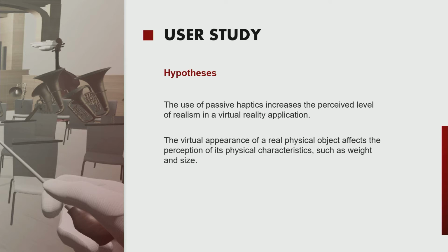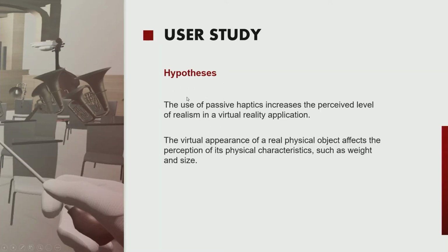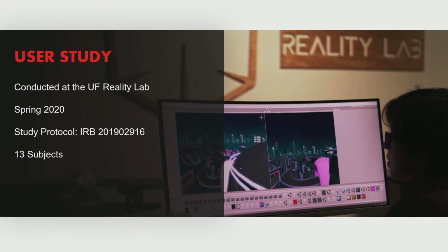Now, we conducted a user study using the following 2 hypotheses. The use of passive haptics increases the perceived level of realism in a virtual reality application. And second, the virtual appearance of a real physical object affects the perception of its physical characteristics, such as weight and size. This user study was conducted at the University of Florida Reality Lab in spring 2020 and included 13